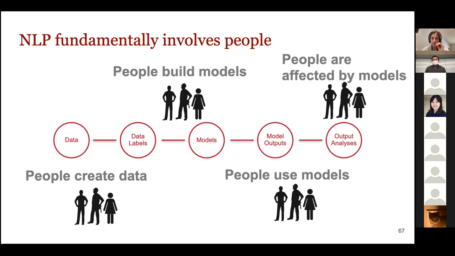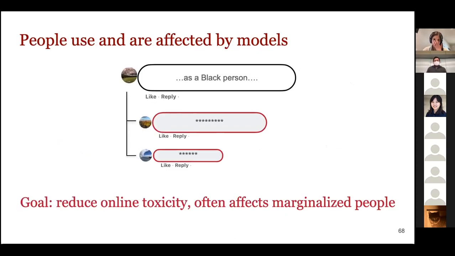And so I don't want to focus this whole talk on ways that NLP can make everything in society better, because there's also a lot of harms that can come from these types of systems, especially when they're deployed in ways where we aren't being careful. So I wanted to give one example specifically, because it's related to what I just talked about, which is on reducing online toxicity.